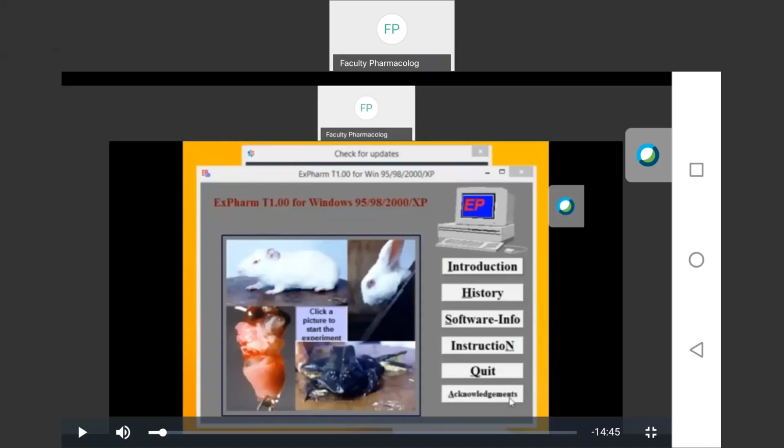Then coming to the procedure, how to perform it. First of all, we have to carefully handle the rabbit and place it in a rabbit holder box, keeping the head outside. Then note down the pupil size of both eyes, that means the right eye and the left eye of the rabbit. Afterwards, observe the light reflex by putting the light from the side and then to the front, that is to and fro, and the corneal reflex by touching the side of the cornea with the tip of a cotton swab. Then use the pouch method for instilling drops into the eye.